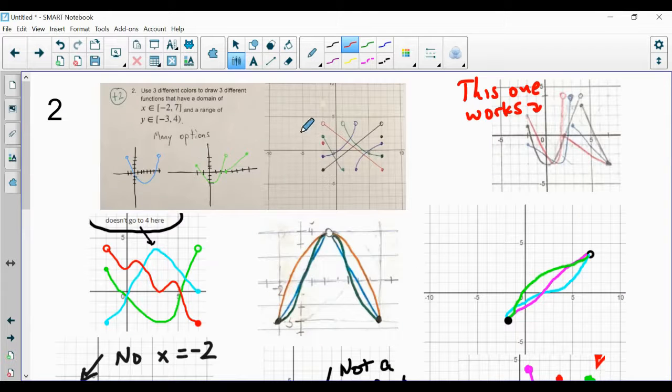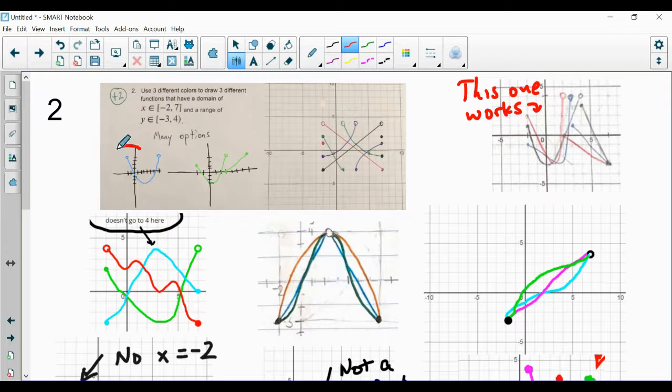Problem 2. This one was hard. I had only a few students get full credit for it. This one is a student example of someone who got it totally right. But there are a lot of options. Basically, what has to happen is you have to hit every single value